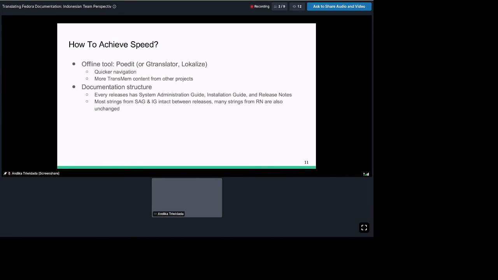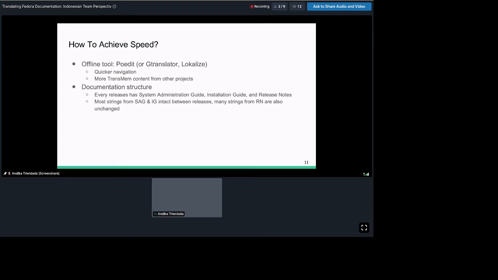We just copy if the strings are identical, or edit and type only a few words, a few characters, to correct the similar translation. So that's the first tip.